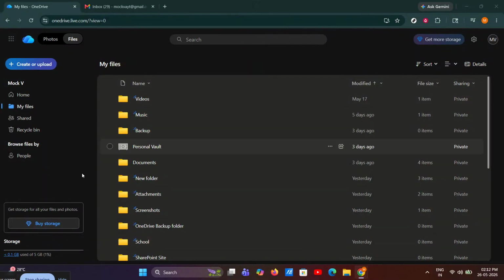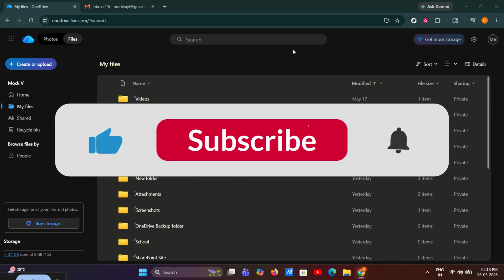If you want a fast and simple way to create a QR code using Office 365 and OneDrive, this tutorial will walk you through the full process step by step. By the end, you'll know how to take a file from OneDrive, generate a shareable link, and turn that link into a QR code that anyone can scan. This is perfect for sharing documents, folders, flyers, classroom files, business materials, or any file you want people to access